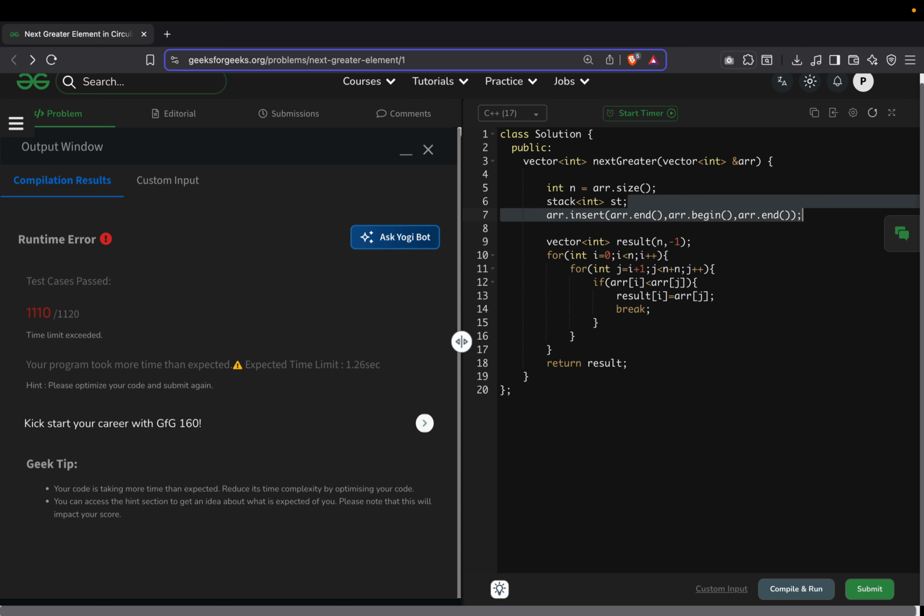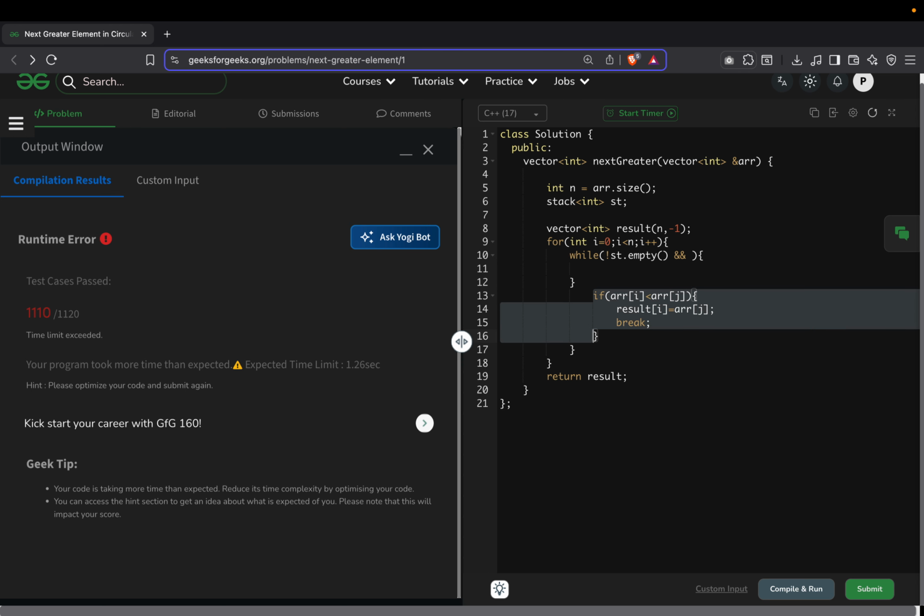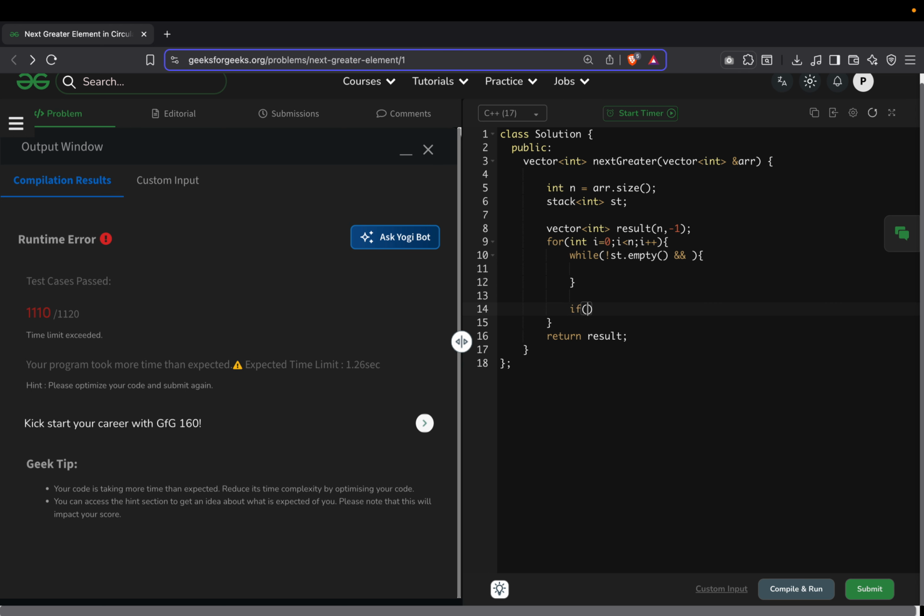and we can remove this one. We will write a while loop here, else stack dot empty, and we will get few test cases. If i less than n, st dot push of i, we have to use one current element, like arr of i modulo n. Here it will be n plus n,